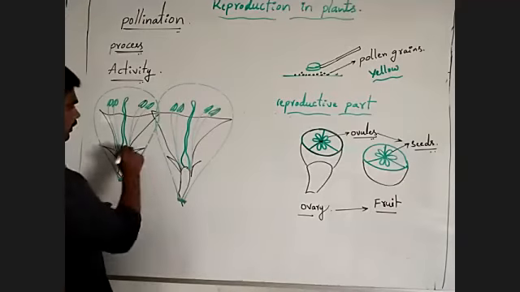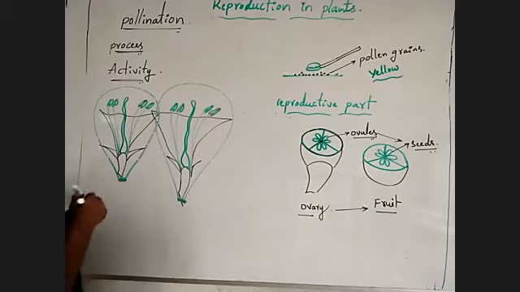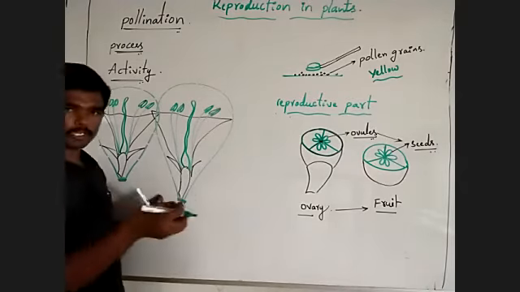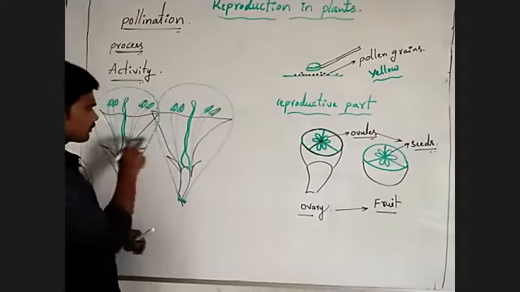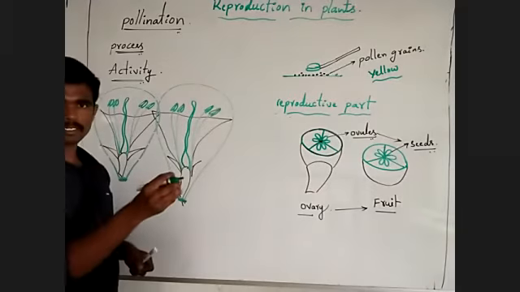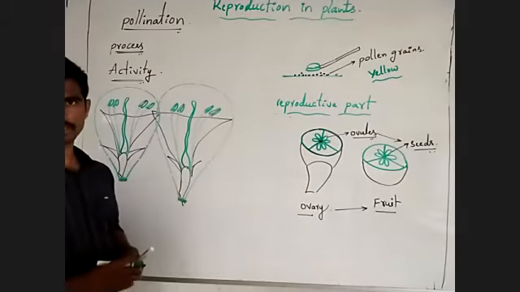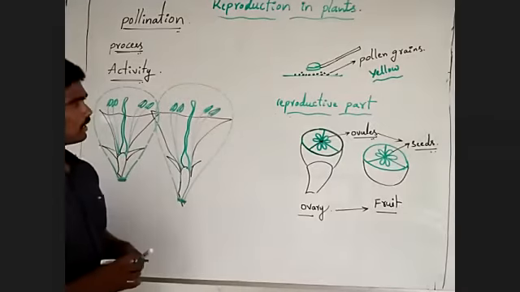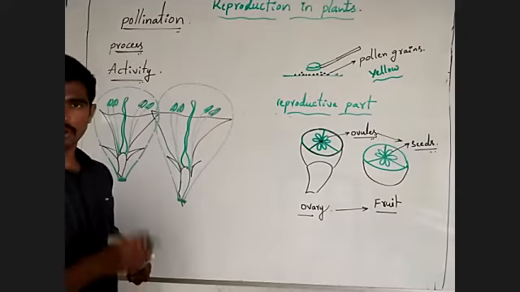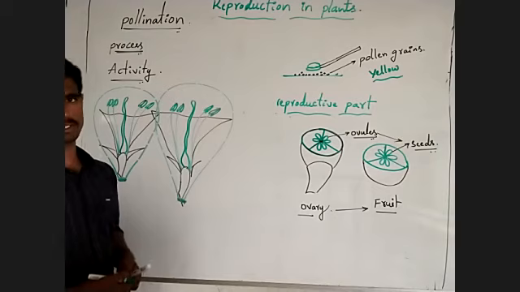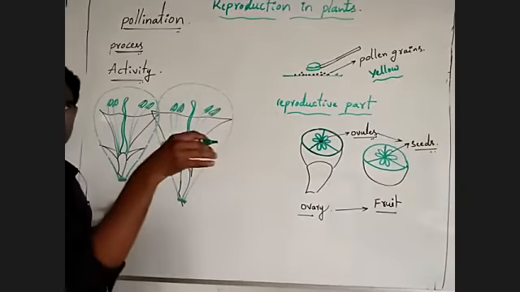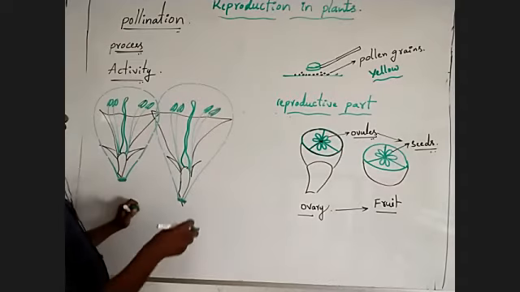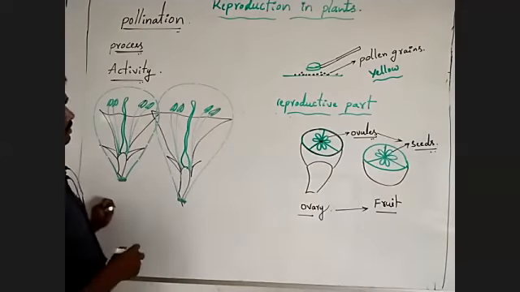After some time, flowers will open. Then you have to collect, listen carefully here, pollen grains of the same species. For example, if you select these flowers from a plant that is bottle gourd, just imagine bottle gourd. Now we have to collect pollen grains only from bottle gourd plants. Are you understanding? From the same species, you have to collect the pollen grains.